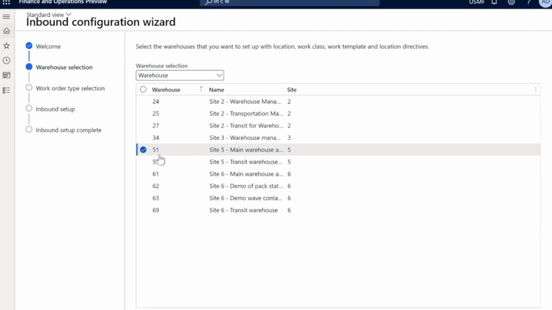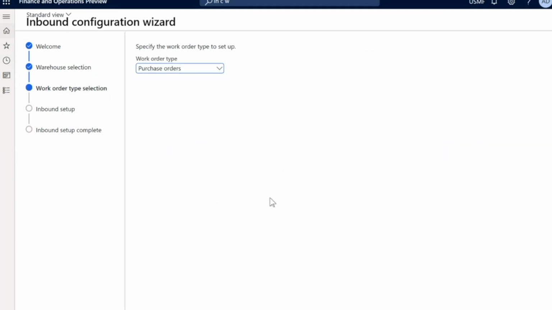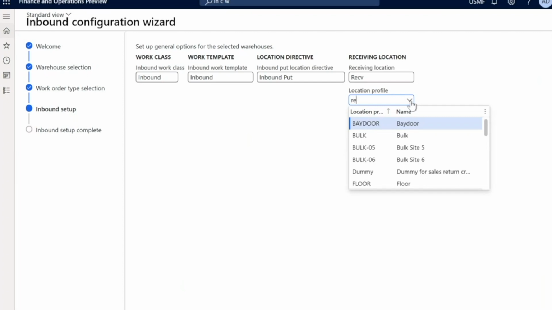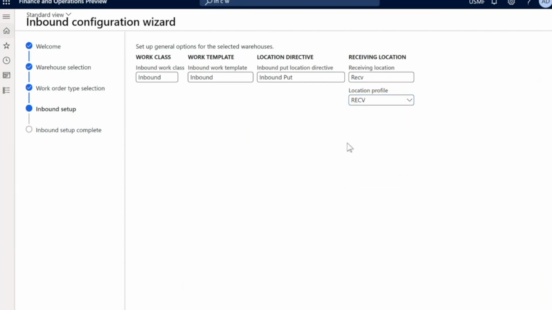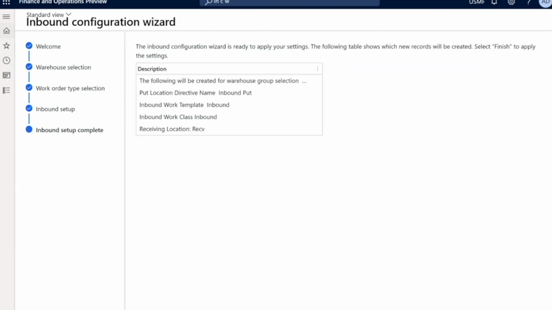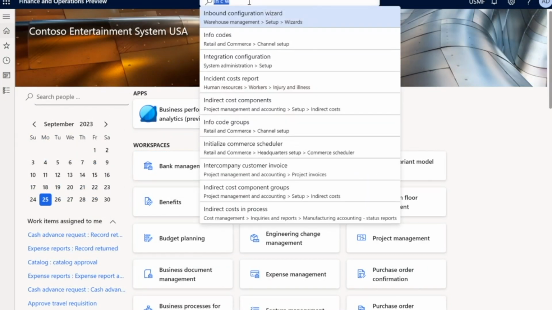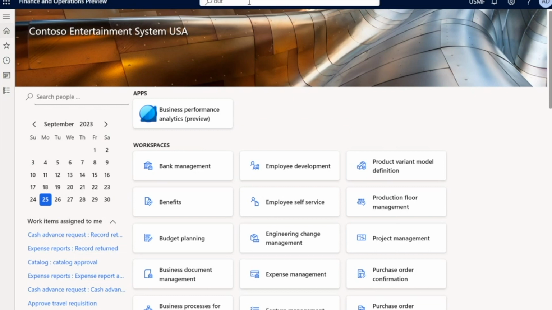So I'm using an existing warehouse here, running the inbound configuration wizard. After I have done the source system setup, I can now select my inbound shipment order. Then you just follow the wizard here, set up the process, and now everything has been set up for the inbound process. And the same goes for our outbound